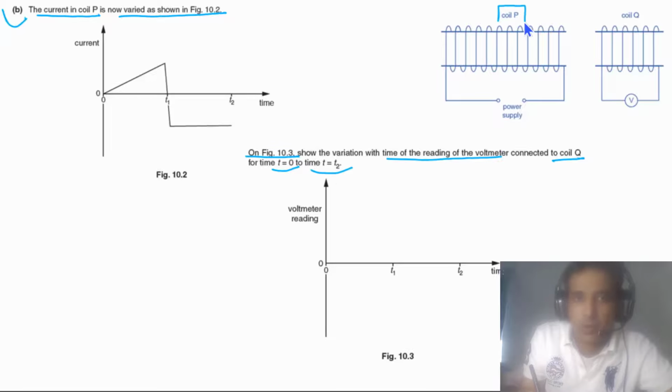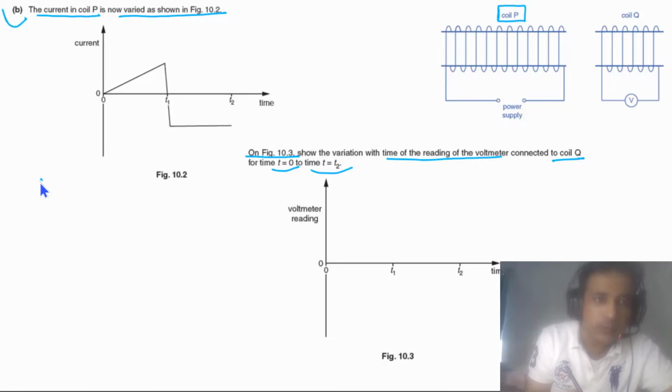Current in coil P is given to us, and it is given how current in coil P is changing with time, and we need to sketch the graph for EMF induced in coil Q. For this purpose, we simply need to understand how EMF changes with current. So we can say EMF is equal to d phi by dt,